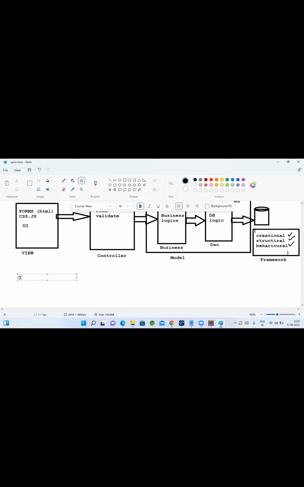From Java, particularly to design views, we have JSPs and JSTL tags for view designing only. I'm talking about only views here, and that too particularly from Java. We can use JSPs and JSTL tag libraries for your views. On the controller side, as I said earlier, we can use servlets, filters and listeners, from the servlet controller point of view to read the data and validate.